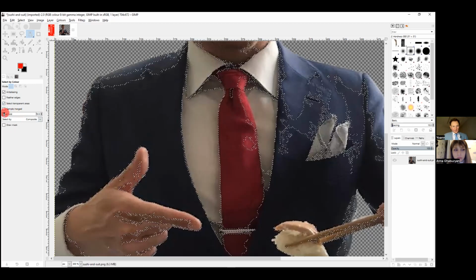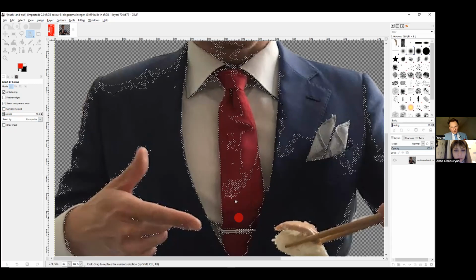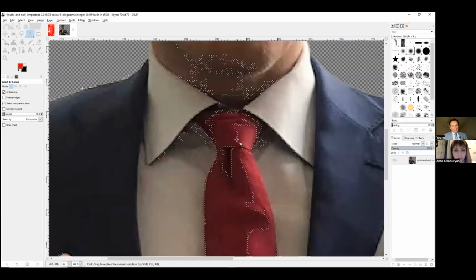This is still too much. It takes some other colors than red. Here, for example, it takes some more red colors. So this is what you could do, and you have to, of course, click also on the right pixel. So it's actually the same functions as on